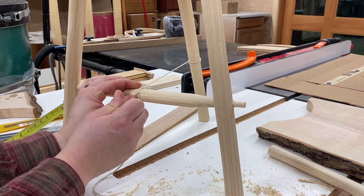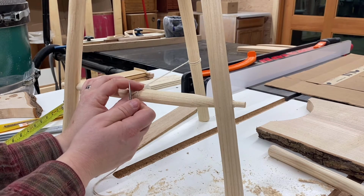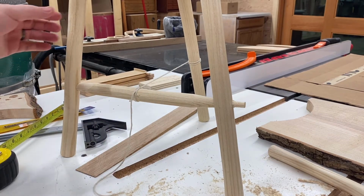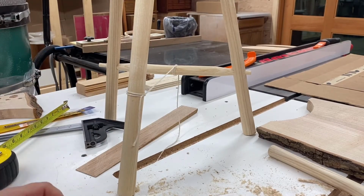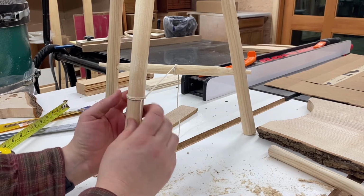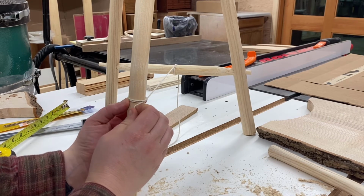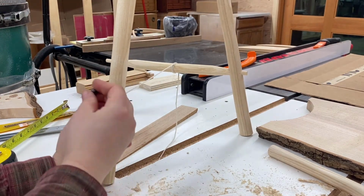Alright. So I'm going to let myself drill this hole. And looks like I didn't organize the string over here at all. But that's fine. So that's more or less centered on all my little hashes. So I'm going to also